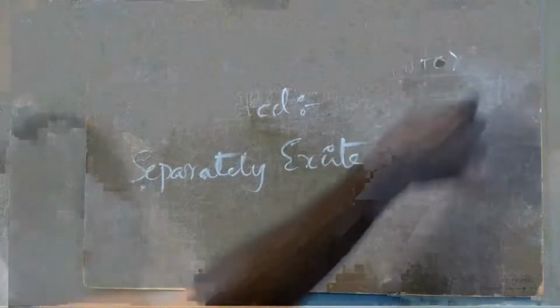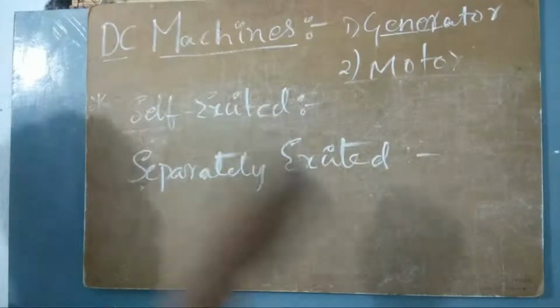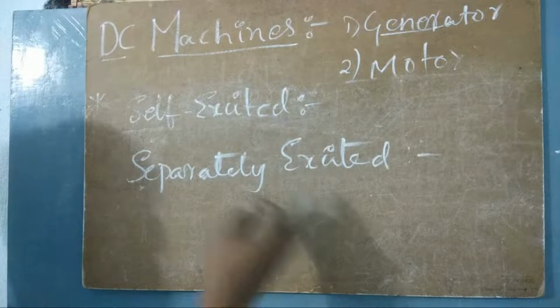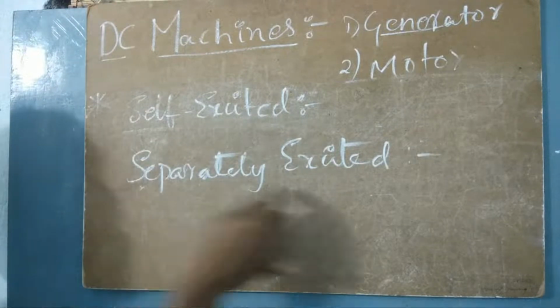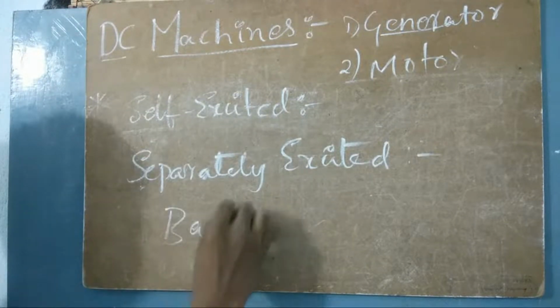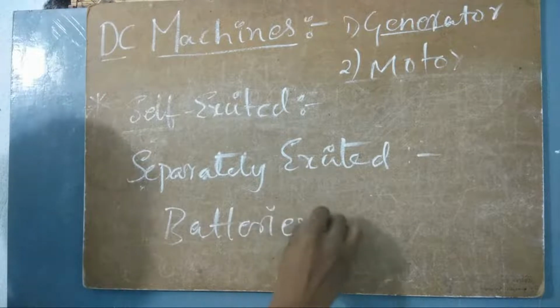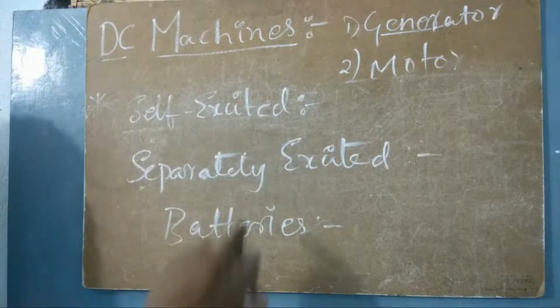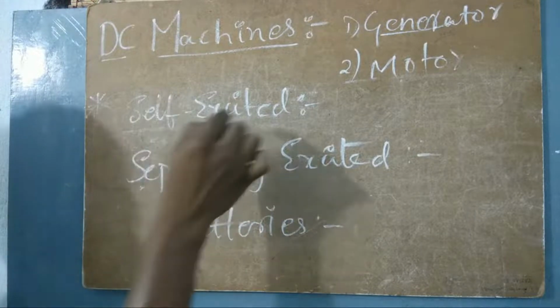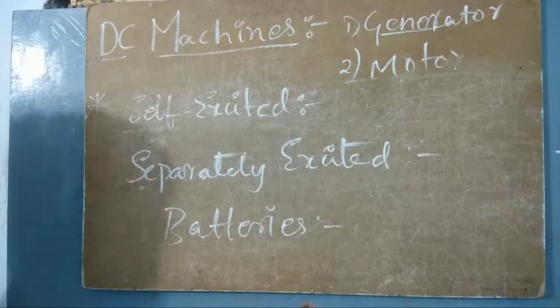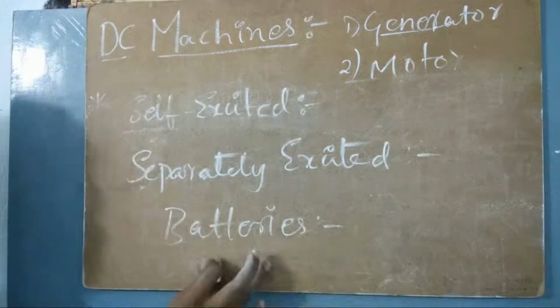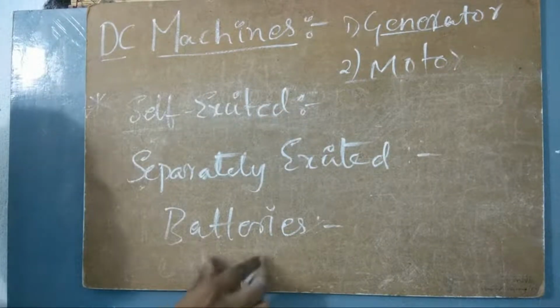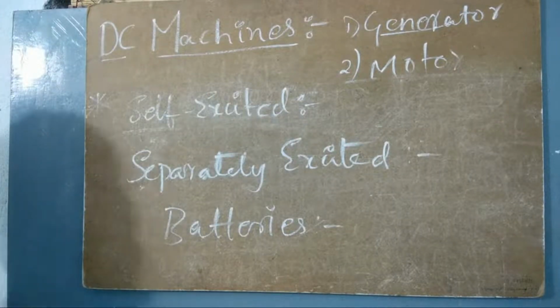The kind of supply we get will convert AC into DC, and this DC will be directly given to the excitation. But here we use extra agents called batteries. We connect these separately, so these batteries are helpful for excitation. So here there is no need of battery, but here there is need of battery. Understand it? Here we can use battery or we may not use battery, but here there is absolute use of batteries. So we must use batteries or other external agents in order to excite.